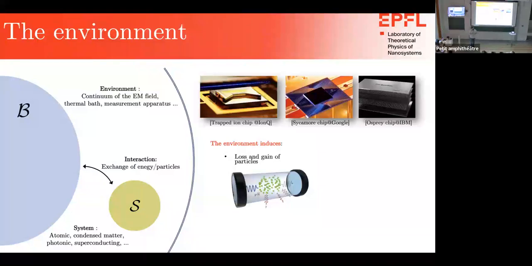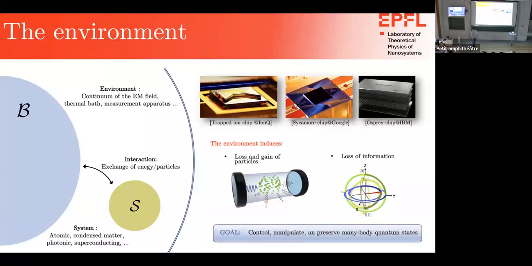The first one is the loss or gain of particles or energy. And the second one is the loss of information. Okay? There are many other effects, gain of particles, destruction of correlated entanglement between two very far away sites, but for the sake of this talk, let's keep it to just this. And one of the main goals that the communities of matter, open quantum systems, quantum optics, quantum information, quantum computing, quantum simulation, see how many times I repeated quantum, is to control how the environment induces the loss of the quantum properties of the system or induces some quantum